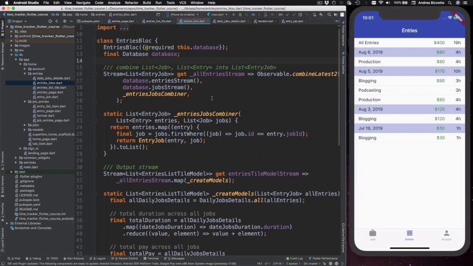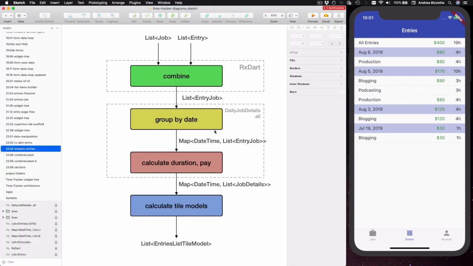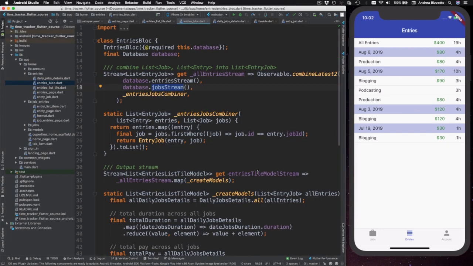In the last video, we have reviewed the code to combine the entries and the jobs streams in the entries block. And as a next step, we're going to look at the remaining transformations on this diagram. So to do this, we can look at this stream called EntriesTileModel stream. And this is a getter variable that is calculating by applying a map to the all entries stream that we have reviewed. So each time a new value is added to the stream, then this createModels method is executed to